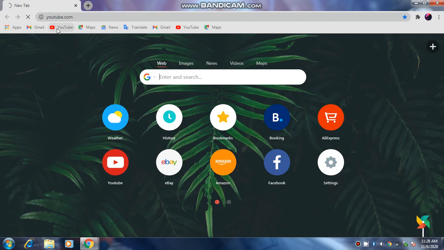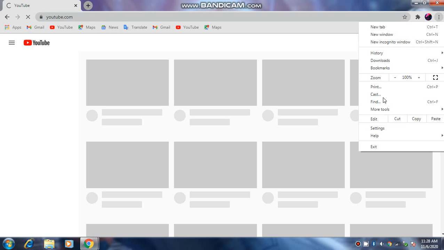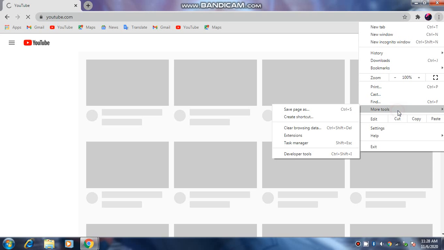The first time, you can learn how to download it easily, and you can use the method for everything. Now it is downloading. Please wait for a minute. Now YouTube has come. On the side of this there are three dots. Click here, and then More. The More menu has Create shortcut. You should click Create shortcut.